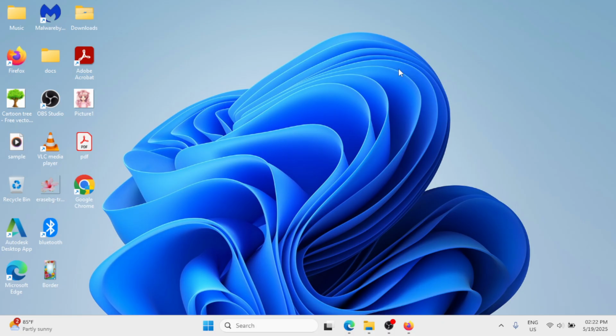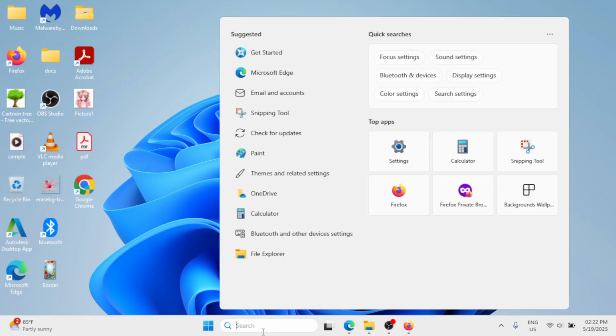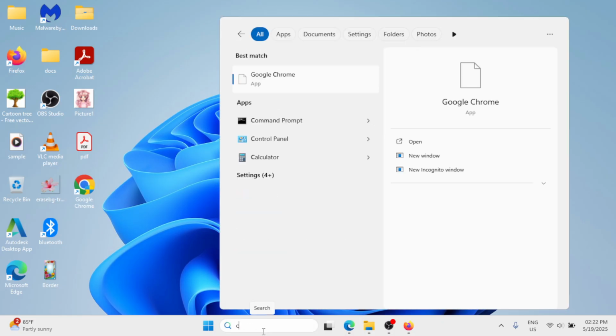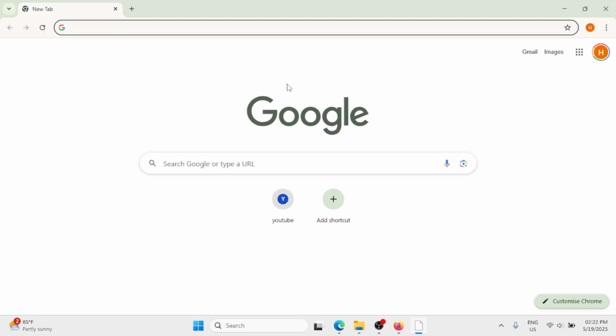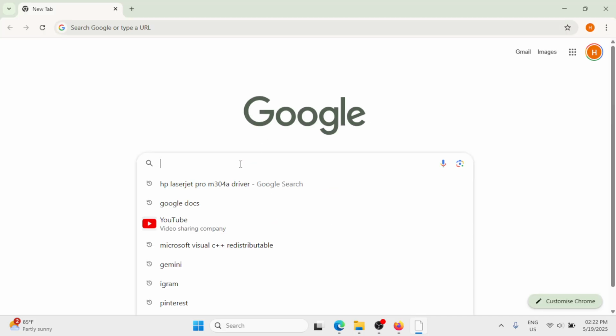First, we just need to go ahead to the Windows search bar, and here we need to open a browser. So let's open the Chrome browser. You need to type Chrome, then click on Google Chrome under the best match. Then here in the search bar, we just need to simply type this one,